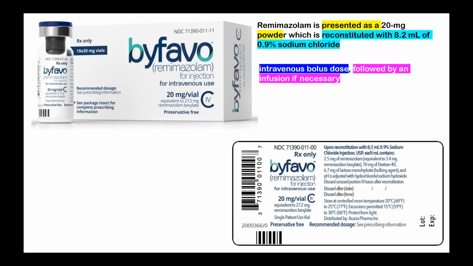So when you reconstitute it with 8.2 ml of 0.9% saline, then each ml will contain 2.5 milligram of remimazolam, which is equivalent to 3.4 of the remimazolam besylate powder, and it has 10 milligrams of dextran 40 and 6.7 milligrams of lactose monohydrate, which is a bulking agent, and the pH is adjusted with hydrochloric acid or sodium hydroxide to make it